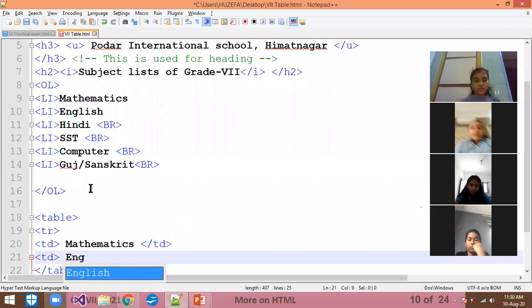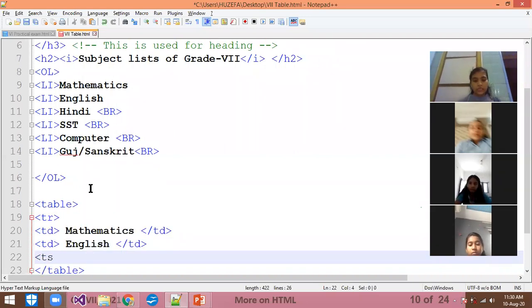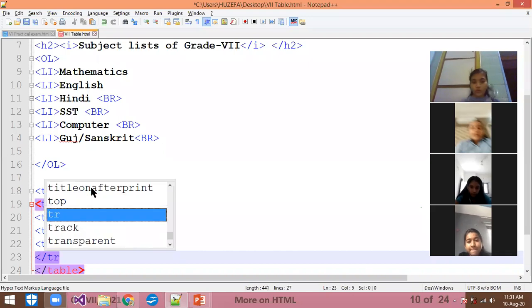English, TD close. Again, start the TD. Hindi, TD closed. Okay, so I am taking only 3 things in the first row. So I am closing the TR now.